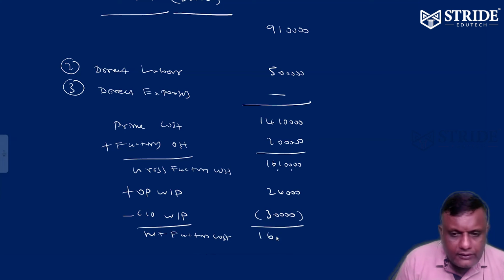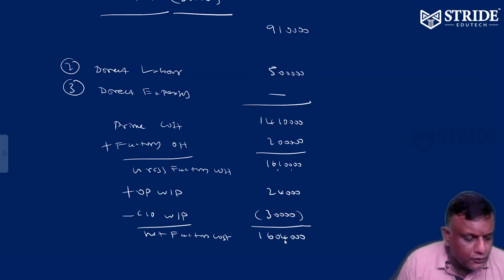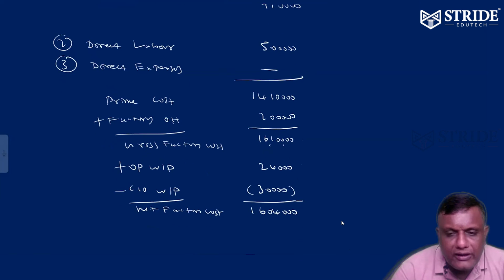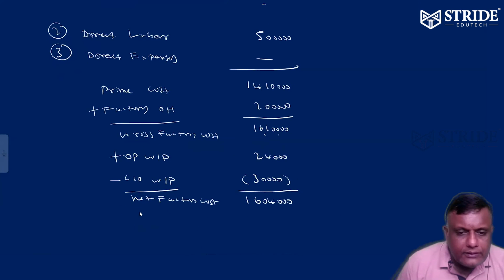is called 16 lakh 4,000. 16 lakh 10 minus 6 is 16 lakh 4,000. So net factory cost is 16 lakh 4,000. Please check it out. Plus 24 minus 30, 16 lakh 4,000. So after net factory cost,